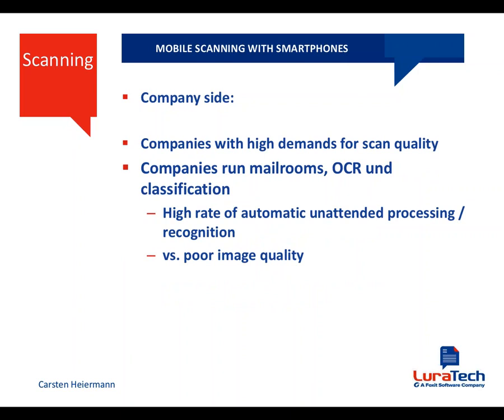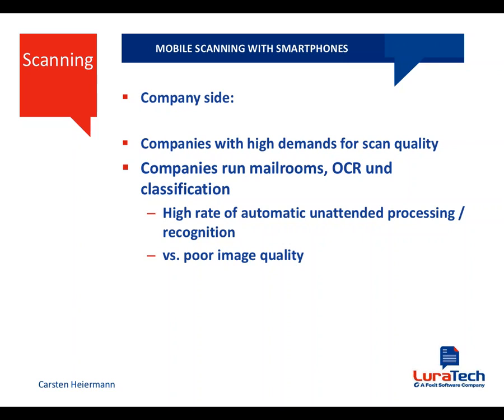On the receiving side, those companies getting those email attachments instead of physical mail and physical paper run into all kinds of problems, because for the time being, they receive physical mail and they have mail rooms, or there are service companies having infrastructure that is organized to generate high quality scans, high quality images of documents. And then they have OCR and classification engines and whole factories for automatically working on documents, automatically recognizing documents. But